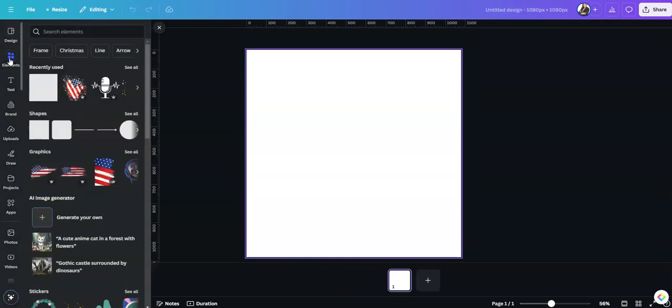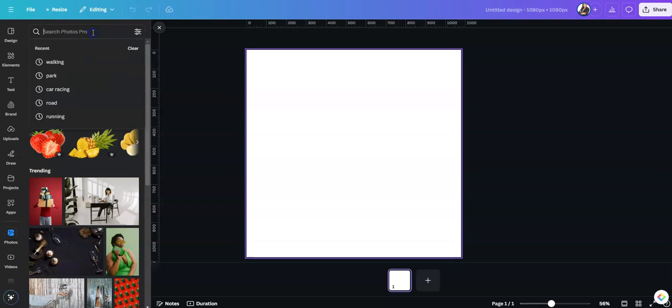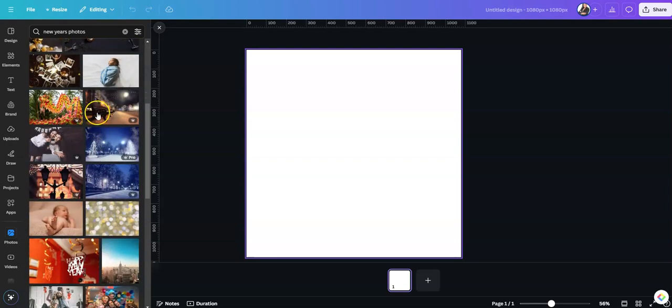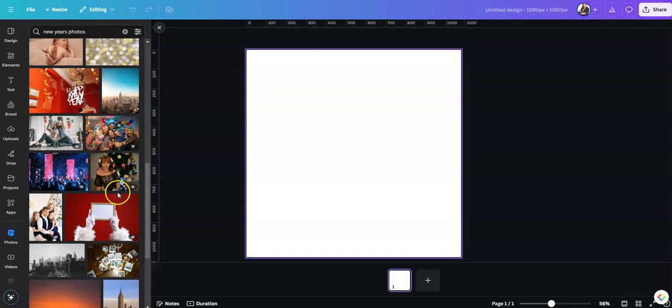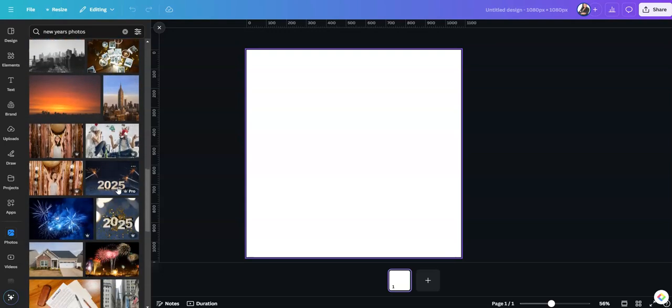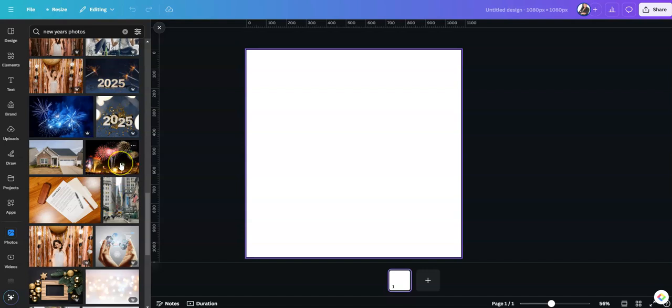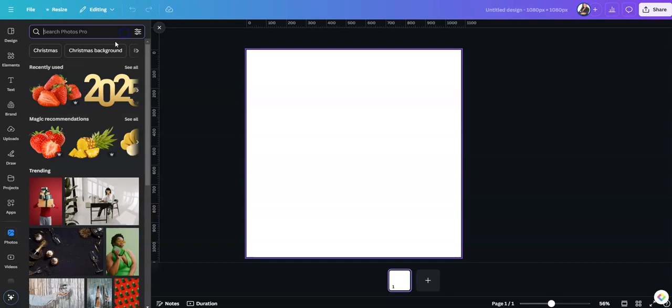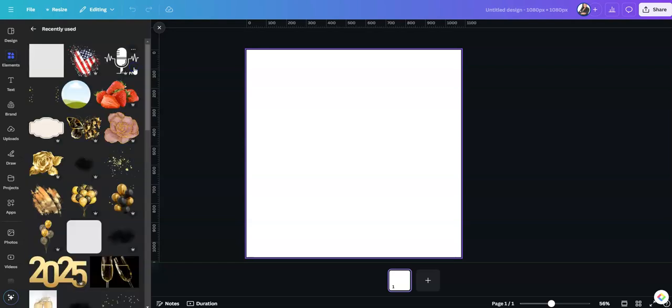Now, of course, you can definitely search photos for any type of New Year's, and we'll go on there and look at some New Year's photos. I really enjoyed creating this because it was so much fun. So these are some New Year's photos that are available on here. What I decided to do is create my own stock images, and I'm going to be doing a tutorial on the platform that I use to create my own images. But in the meantime, I'm going to go here to elements because I was playing around with this earlier,